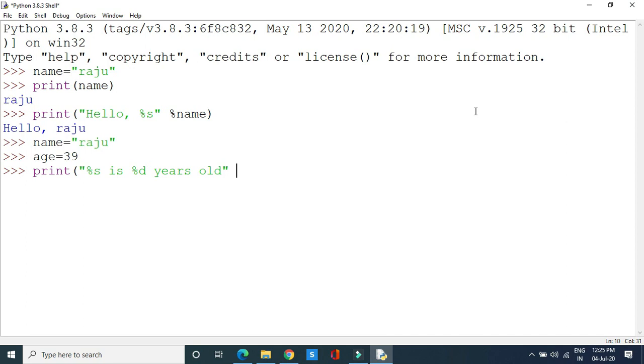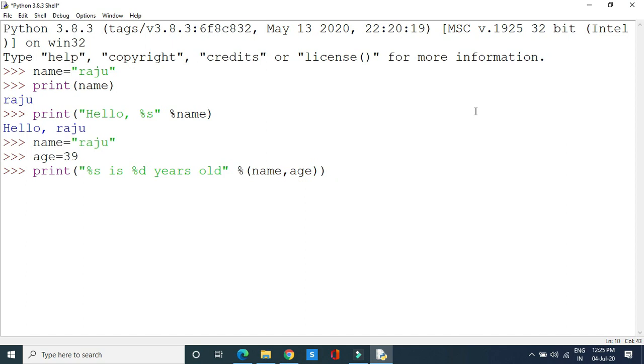Here I want to tell Raju is 39 years old. Now the string formatting that we have to do is with the name, which is available in the variable name, as well as the age. So we have to represent the name and age variables in this fashion.